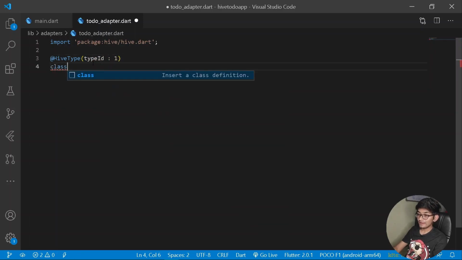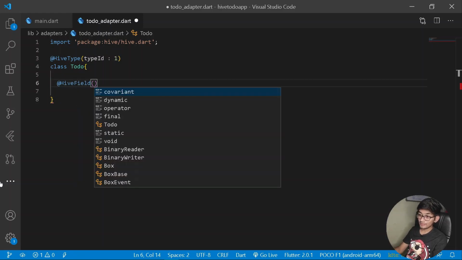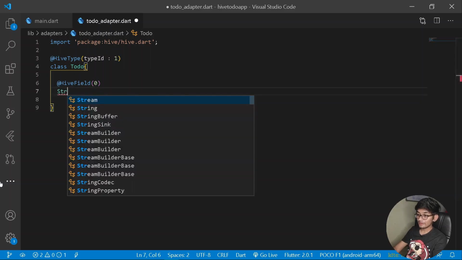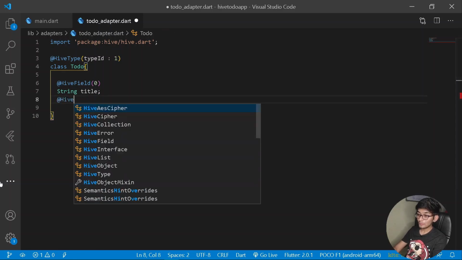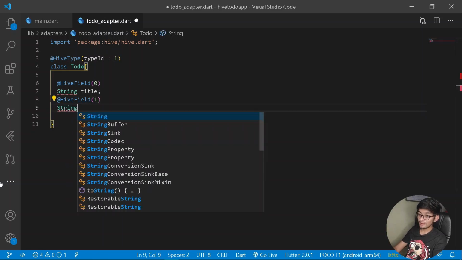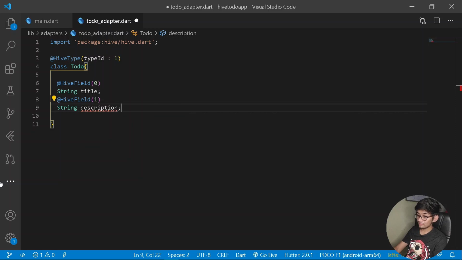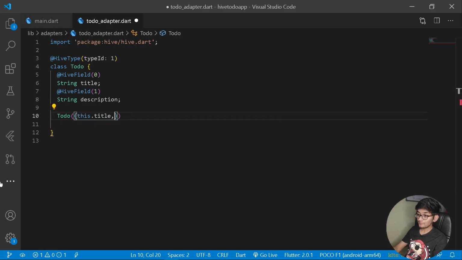And after having this, let's have a new class for our model of to-do. So here let's have class ToDo, and under our class ToDo I will be having here a HiveField, and under this it will be under an index of 0. So here let's have a new string to be a title for our to-do, just like this. And yes, after this we will be having one more HiveField for our description for index of 1, and here the description shall also be a string. So here let's have a description to be a string as well. And after this let's create a default constructor for our to-do model class. So here let's have this.title and also this.description, easy peasy.